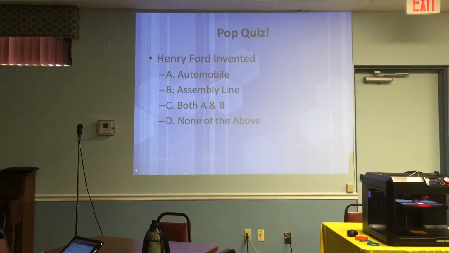So, Henry Ford, jumping forward a couple time machine hops here, he did what? Did he invent the car? Did he invent the assembly line? No, not really. He used them. Henry Ford's genius was that he took the automobile from France, he took the assembly line from Britain, he combined them, along with Edison and Menlo Park, and created a brand new way of doing business here in the United States.